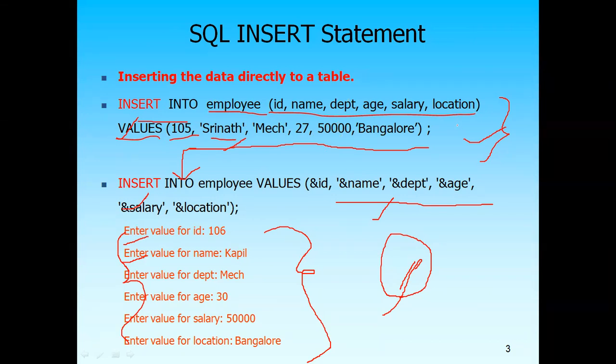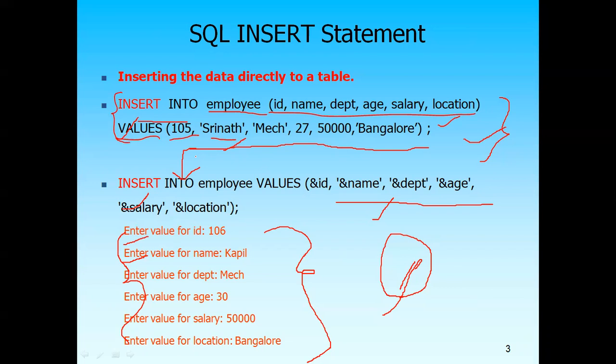So if you want to insert multiple records into the table, you can execute this insert statement multiple times. You can use the same method, but only these values will change in every insert statement. If my ID is the primary key, it should be unique. It will not allow you repeated values. So that's why you need to mention these values separately for every insert statement. This is one of the methods of inserting data into the table.